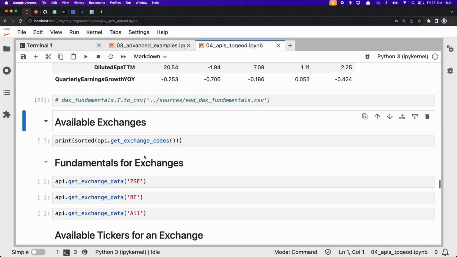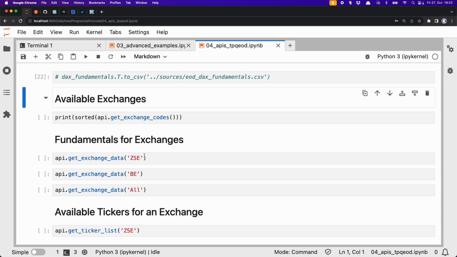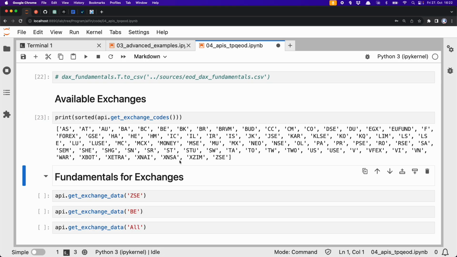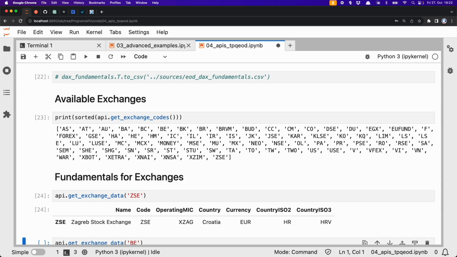Now just a quick run through so that you can see all of this as well. Available exchanges: they have it on the page, 60 exchanges, and these are the 60, like BE is our Berlin one. Most of them I don't know, but we can always look up